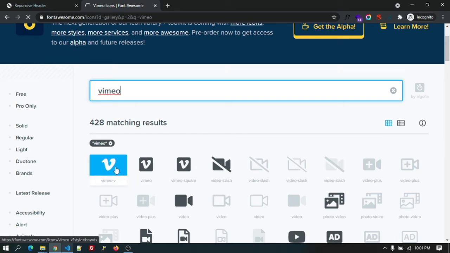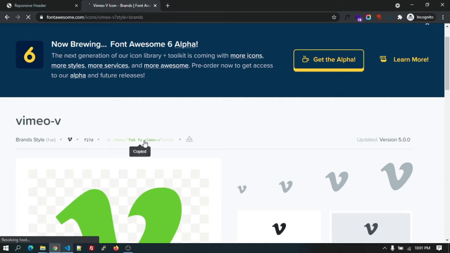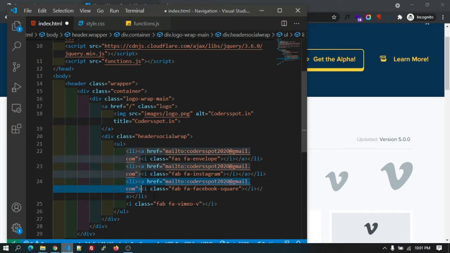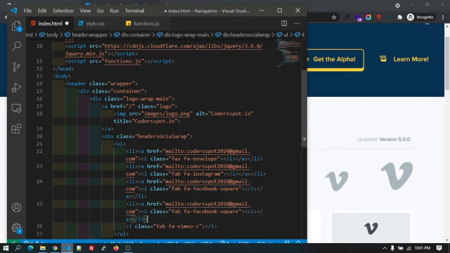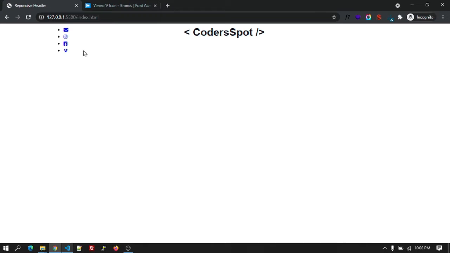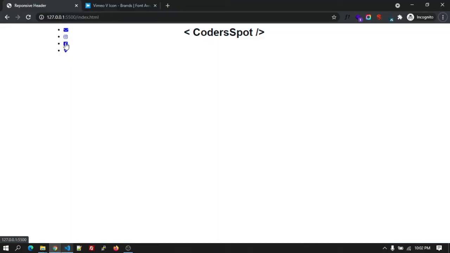Let's say this one. Let's copy the HTML. Make sure you copy the li element. So you can see here this is how it is looking, the social media icons as well.